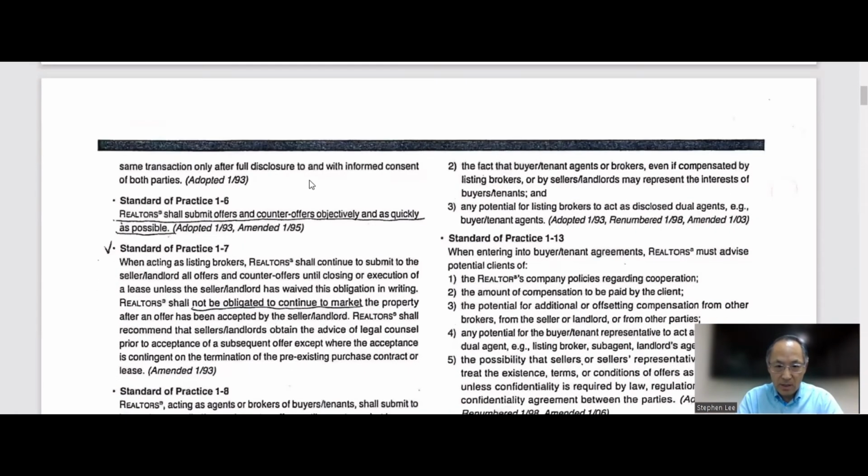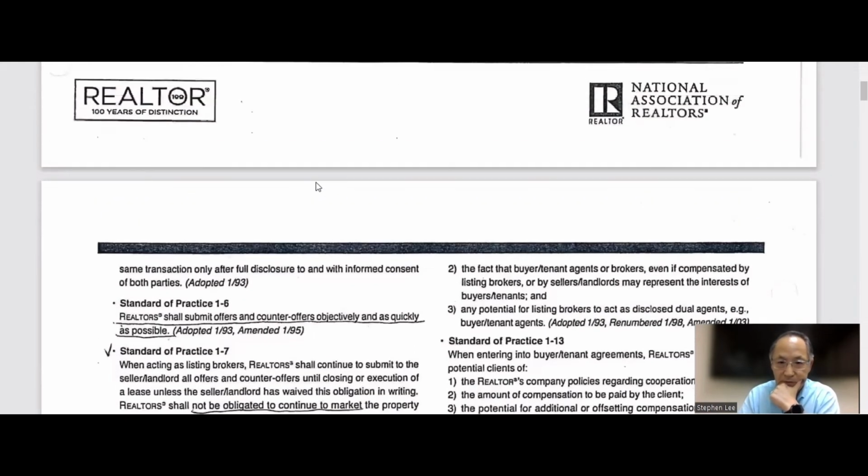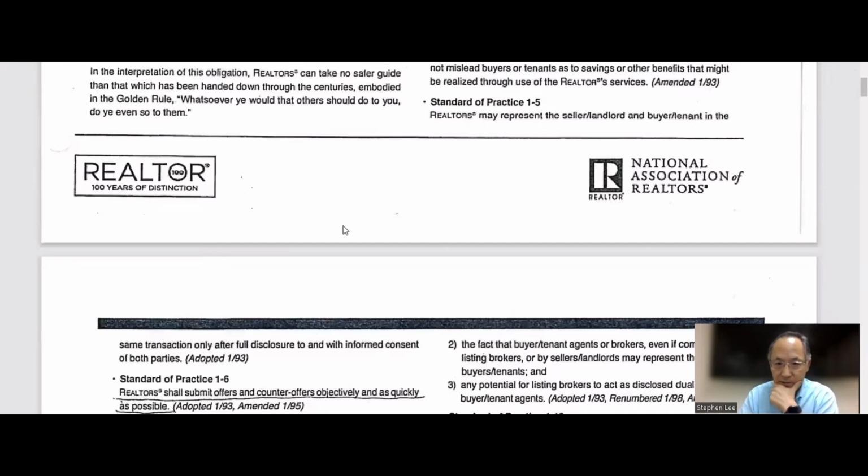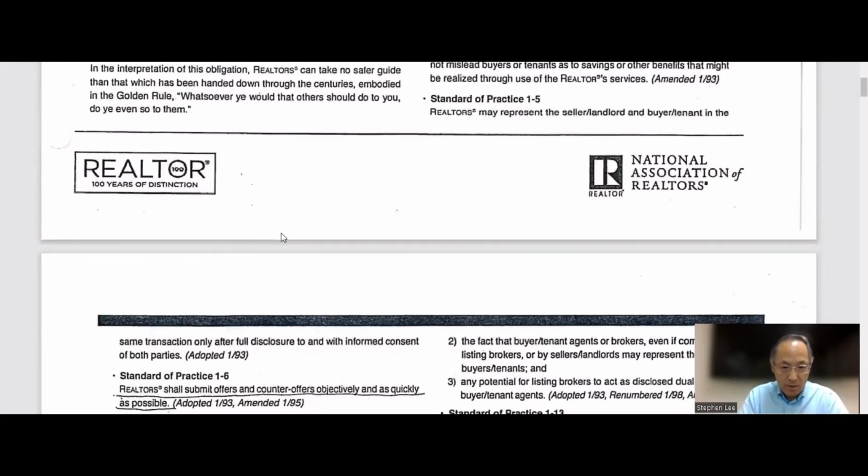And also we have a lot of documentation. You have to get the dual agent agreement. If you don't get this dual agent agreement in writing, you might get into trouble later on. We have had multiple cases. Actually, we had to deal with this kind of situation from the filing of complaints.